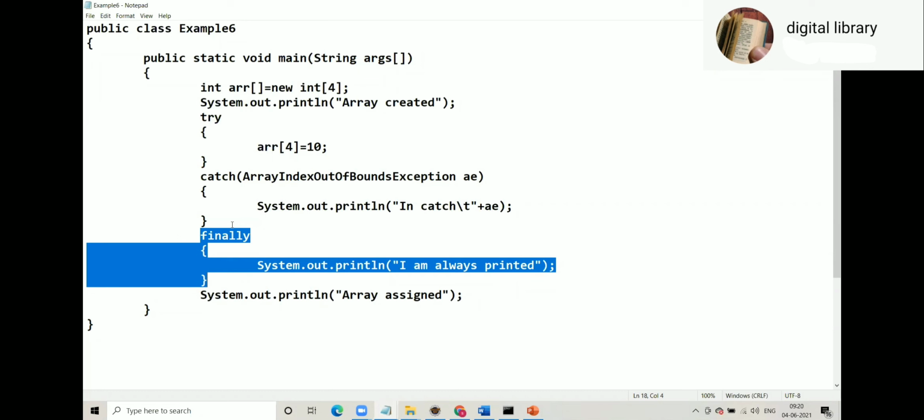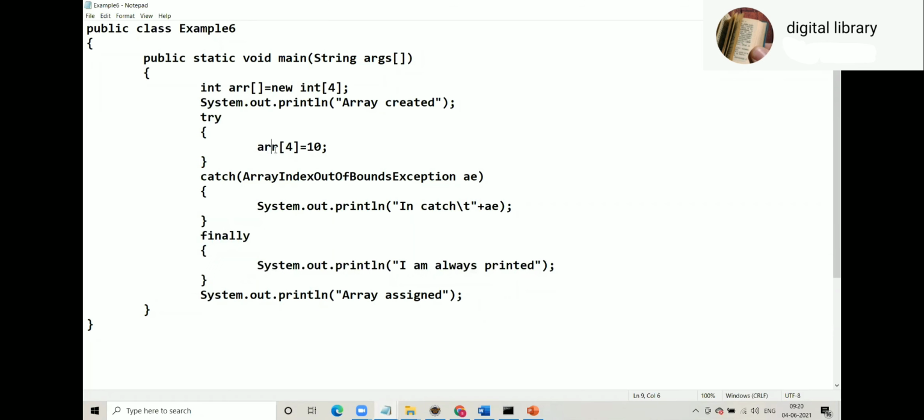So here, if you use ARR4, an exception will come, control will go to catch, then control will go to finally, and then array assign. If you use ARR3, there is no exception, so no catch, but finally will get called and then array assign. First I will show you the output of this program with 4. Watch carefully, no hurry.